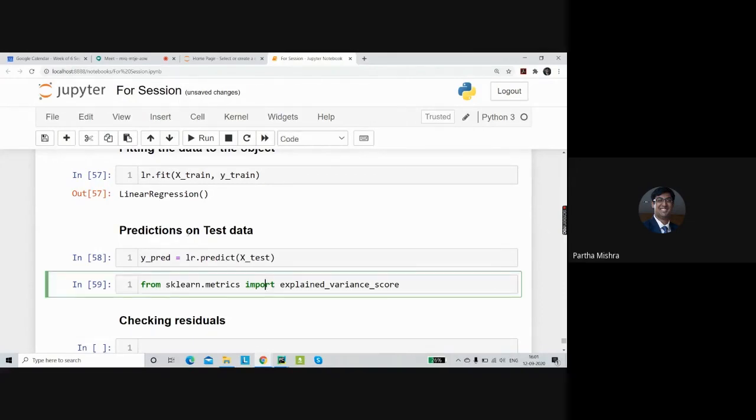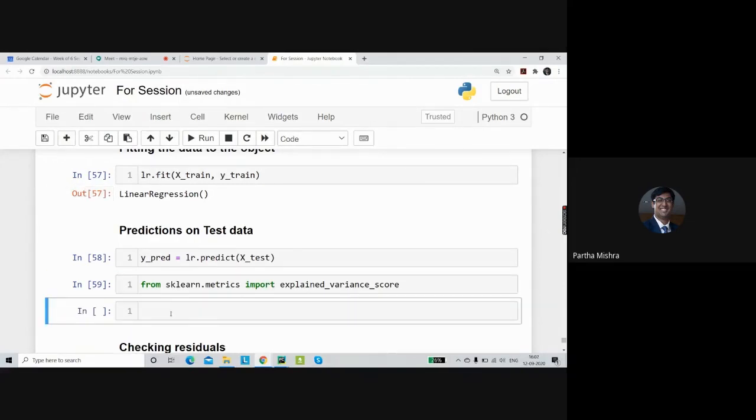So now the way we can check it is we can simply say print explained score.